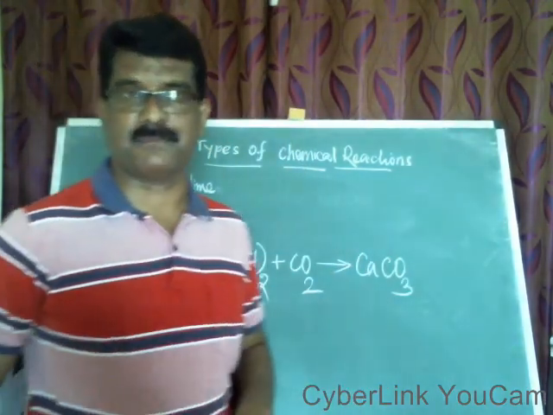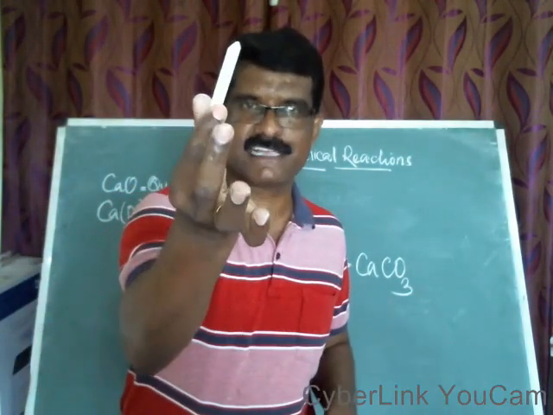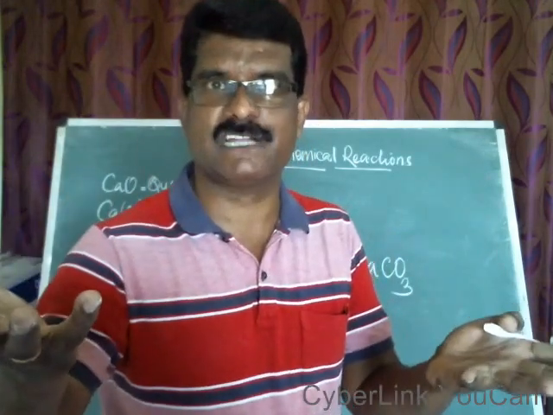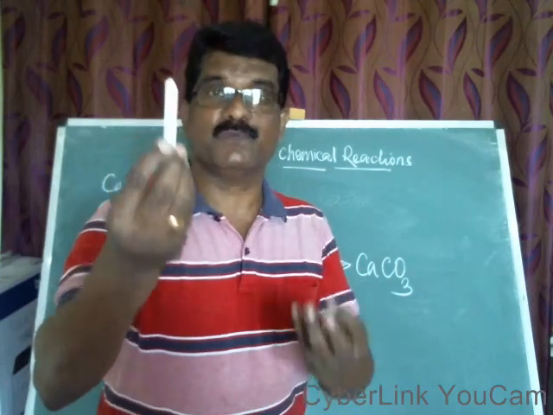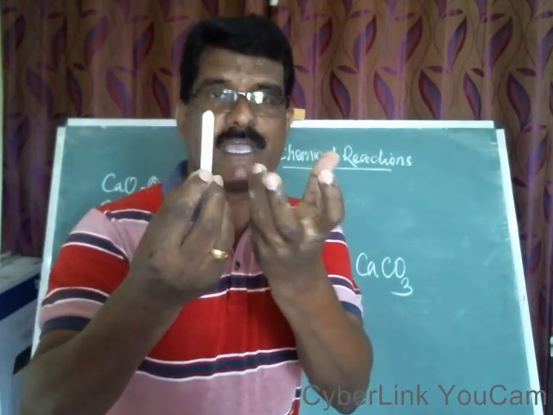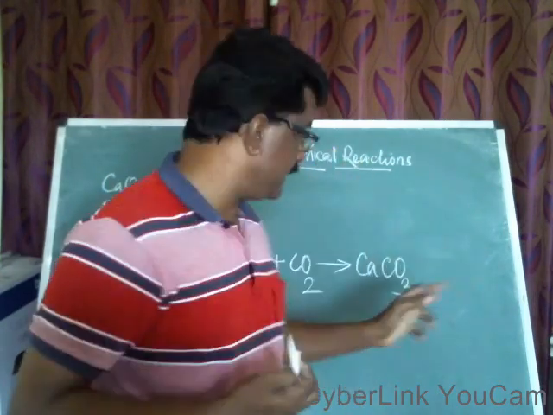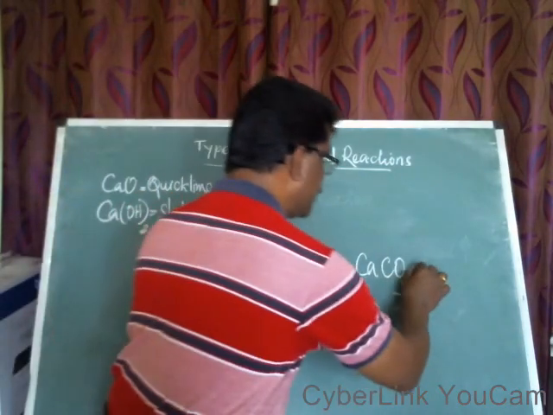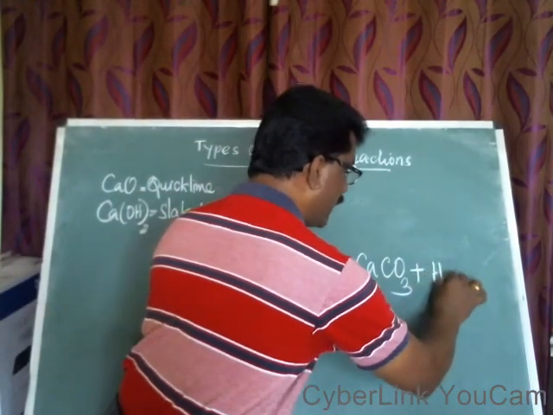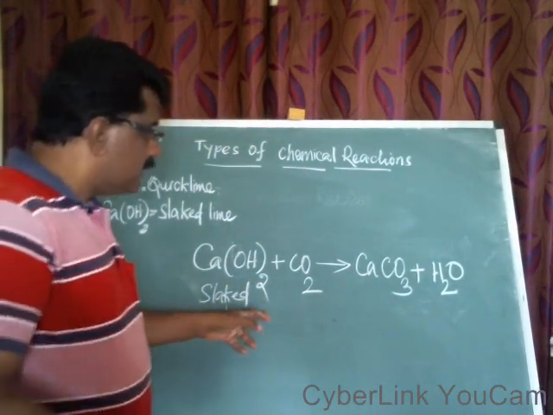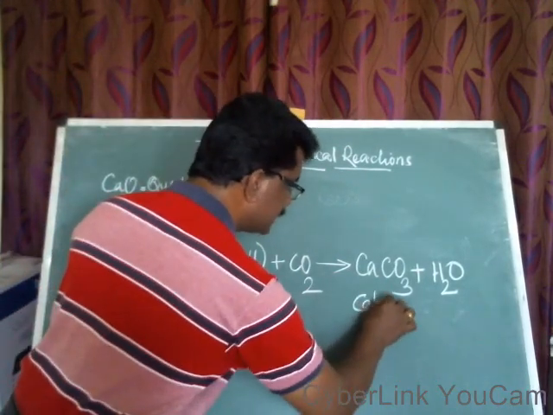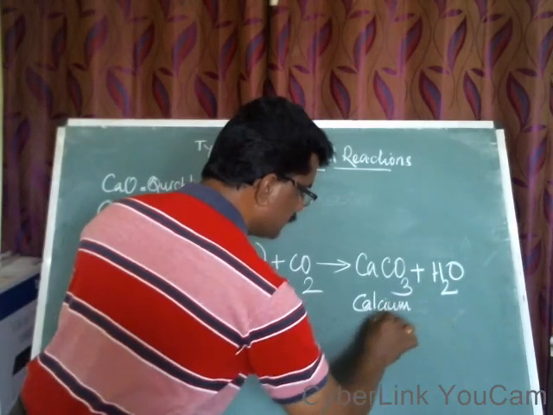Okay, calcium carbonate. The chalk piece is calcium carbonate. The marble is also calcium carbonate. The calcium carbonate is very bright white in color, with the release of water vapor. So here you see the calcium carbonate is formed